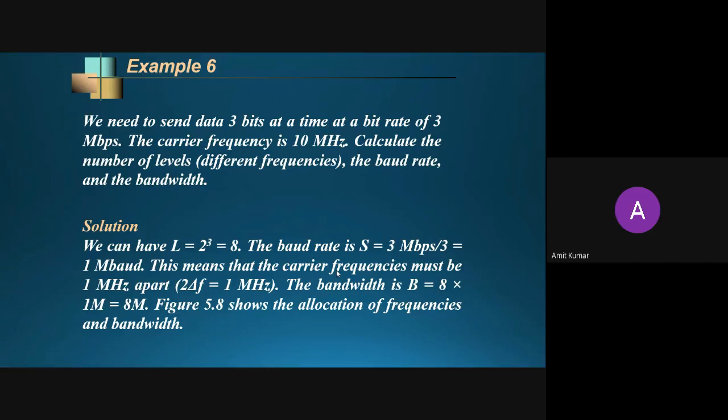Now, second thing, carrier frequency. You are using 3 bits. So how many carrier frequencies are available in your FSK signal? The total carrier signals available in your FSK will be 8, because we are having 3 bits, so the number of levels will be 0 to 7. So with 0 to 7 levels, the number of carrier frequencies available in your output is 8.